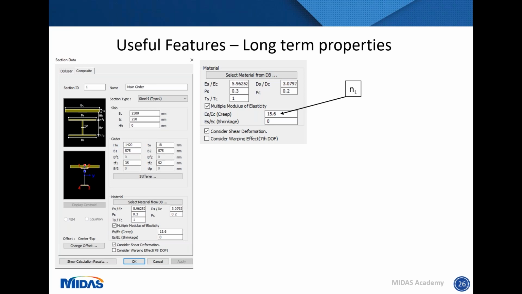So in this instance, we've put in a long-term modular value for the creep. Ideally, we should have put one in for the shrinkage as well, but the two values were very close to each other that we just chose to use one value throughout the design, and try to simplify what we were doing.